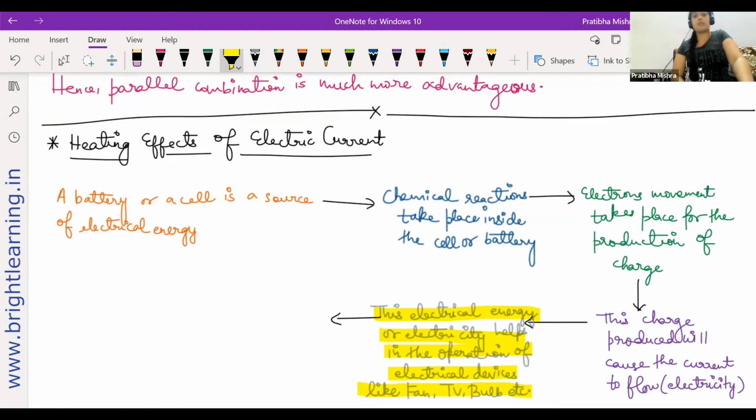Even if you use the phone for a long period of time, the phone also becomes warm. Why? Because a lot of electrical energy is applied. Now, the phone doesn't operate on electrical energy in this way. That has a different concept. Let's not get into that. We are not learning computer science to develop Android, etc.